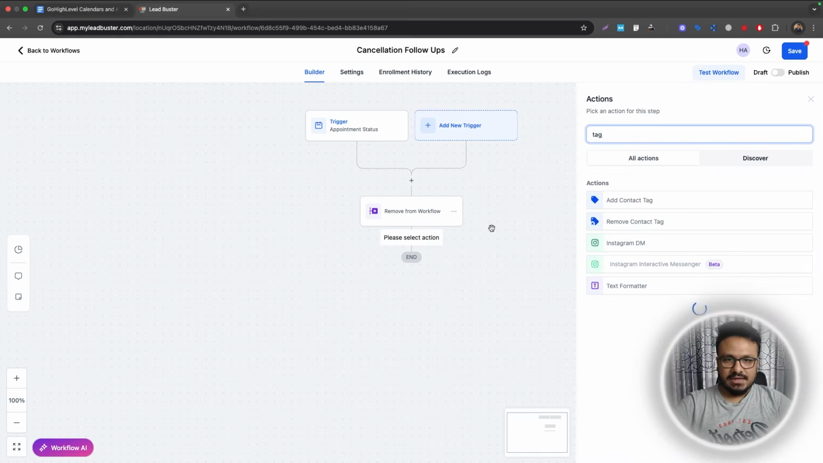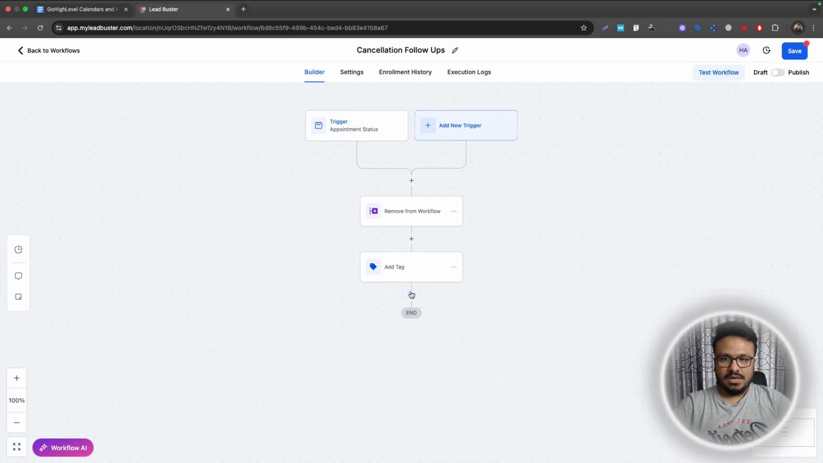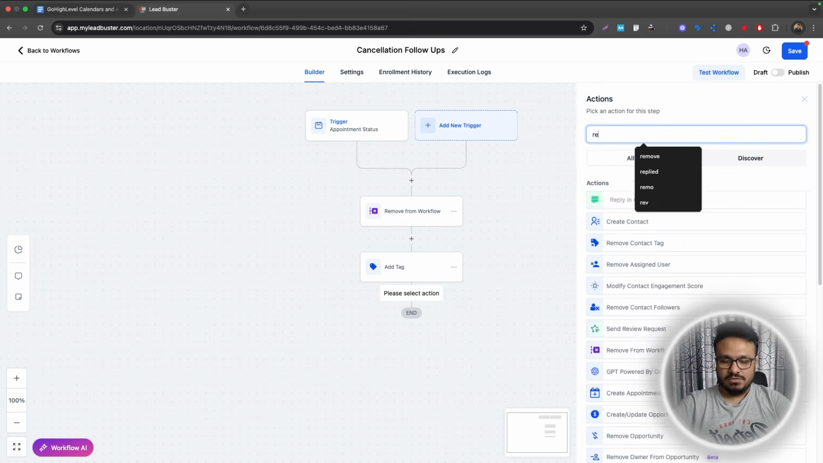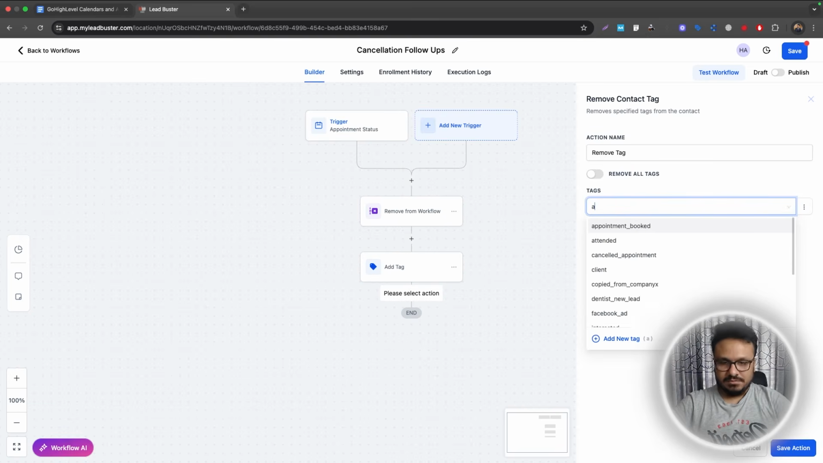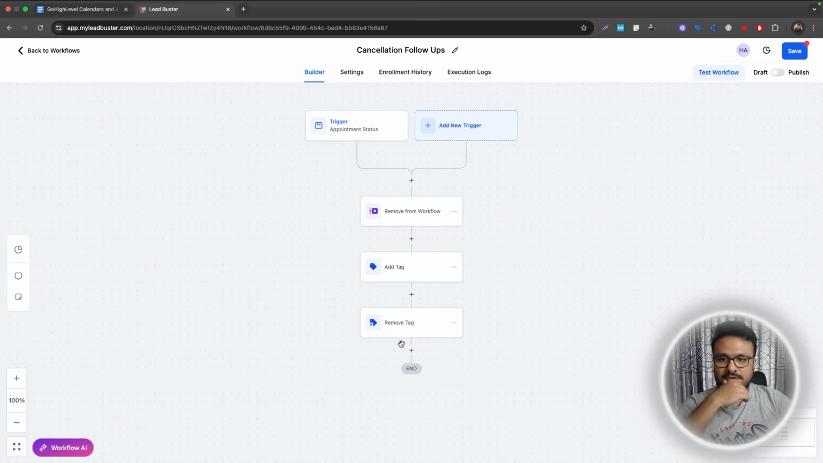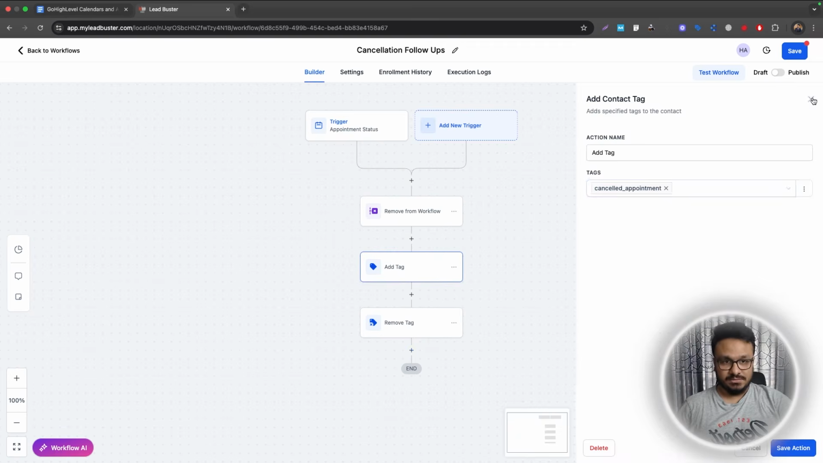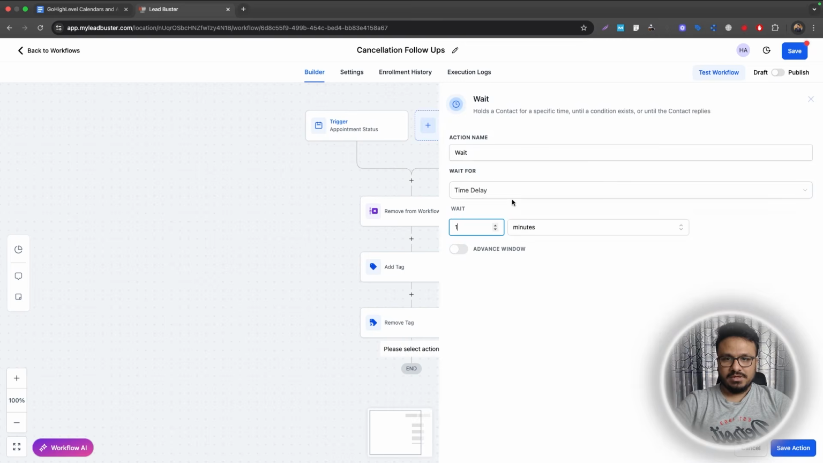And then I'll tag as canceled appointment. And then you can remove the tag called appointment booked. Yes, because they canceled, I don't need to keep them tagged appointment booked. Similarly, on the other workflow, if they book, you can remove the tag canceled appointment, just so you know. And now I will wait for 1 minute